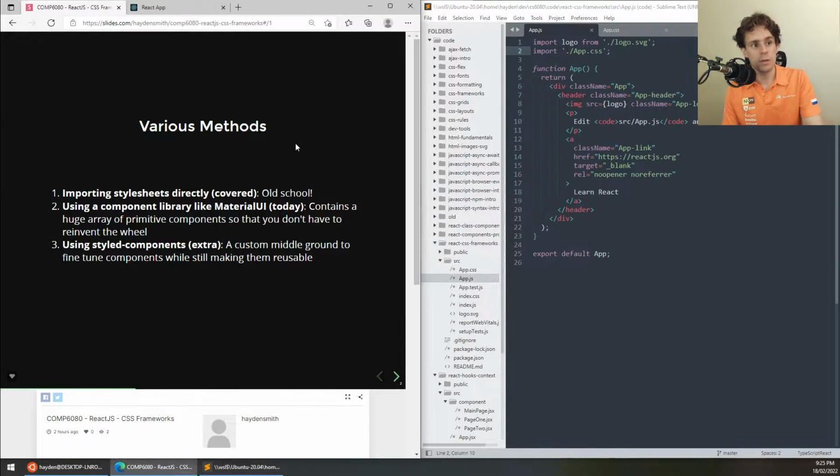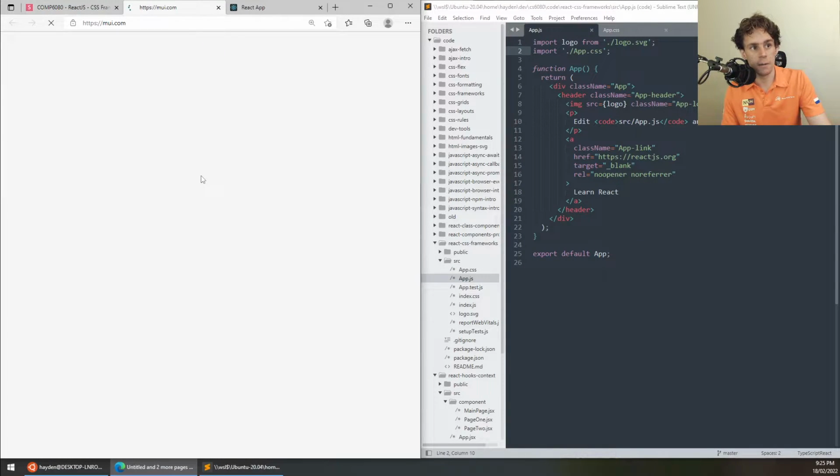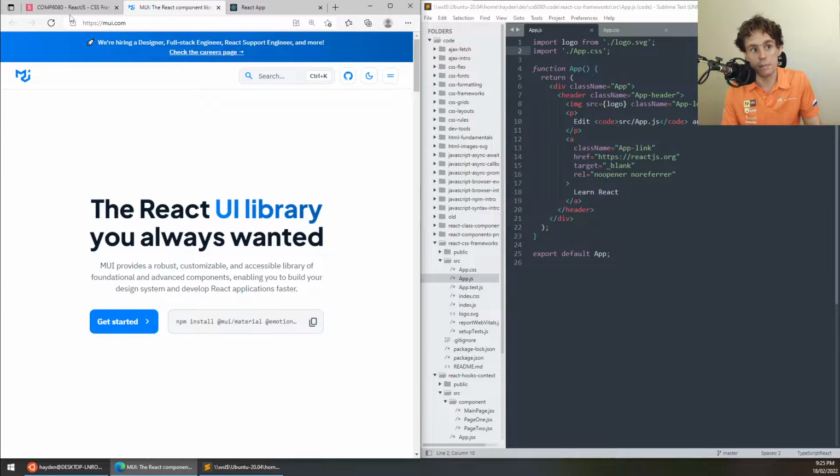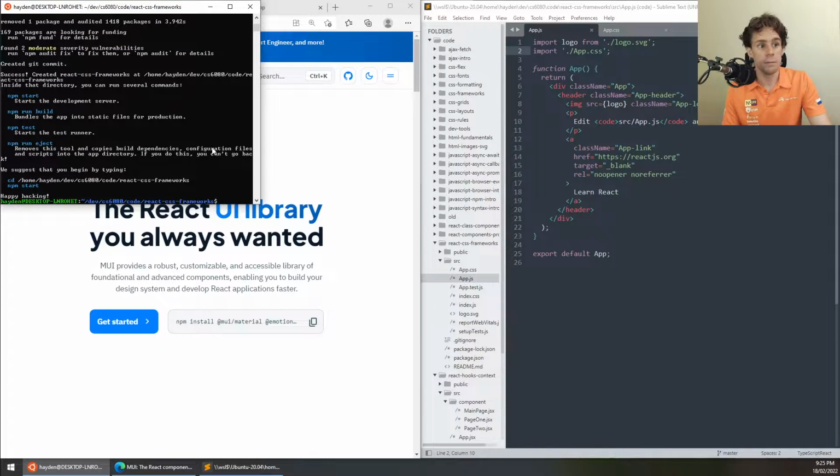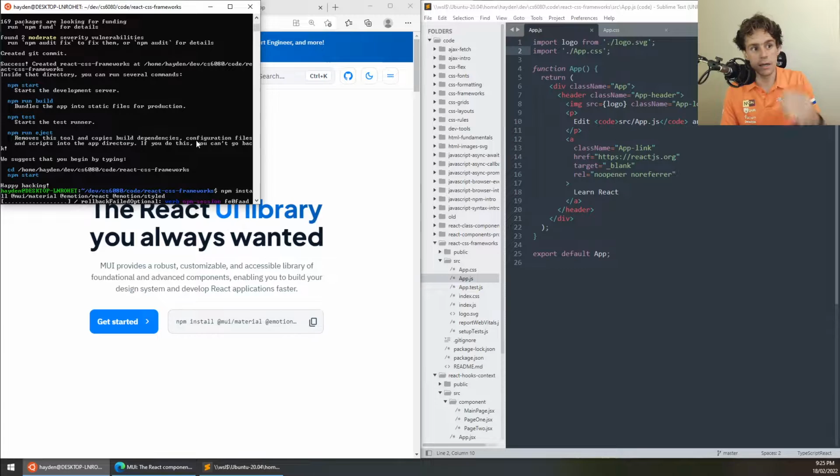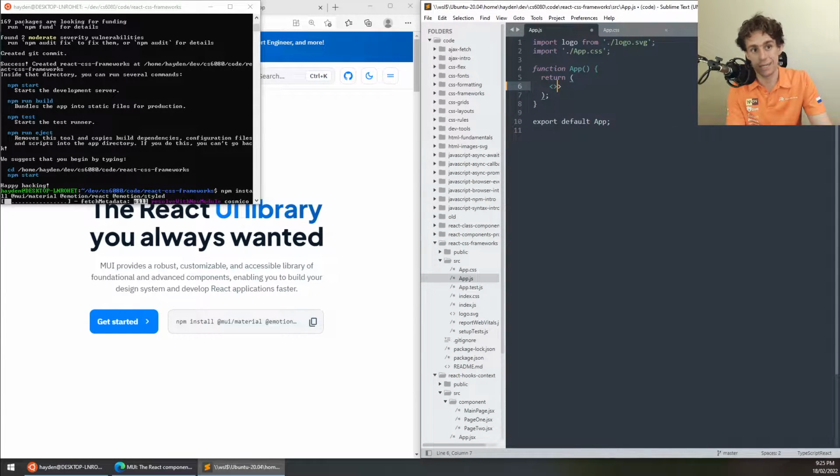So a library like Material UI, it's a simple website, MUI, Material UI, and it's designed for applications like React to be easily installed. And you can see here that in this one it is a React library. If I want to get started using it, I can just literally go and copy and paste that install command here, and it will go and install some of the key components, the key modules from NPM that we need to make this happen. In the meantime, whilst that's installing, I'm just going to go and clear this out so